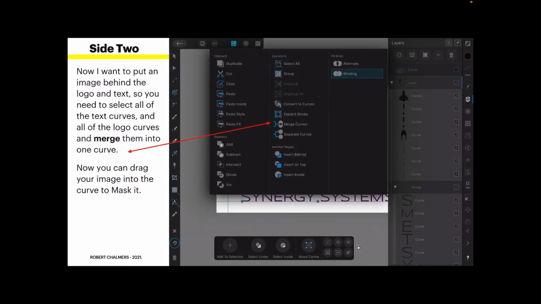Now you've got to sort of take 2 steps back here. You convert to curves, but because we want to do something with this, you're going to have to merge those curves. Now I want to put an image behind the logo and text. So you need to select all of the text curves and all of the logo curves together. If your logo has many curves and your text has many curves, as you can see on the far right there,